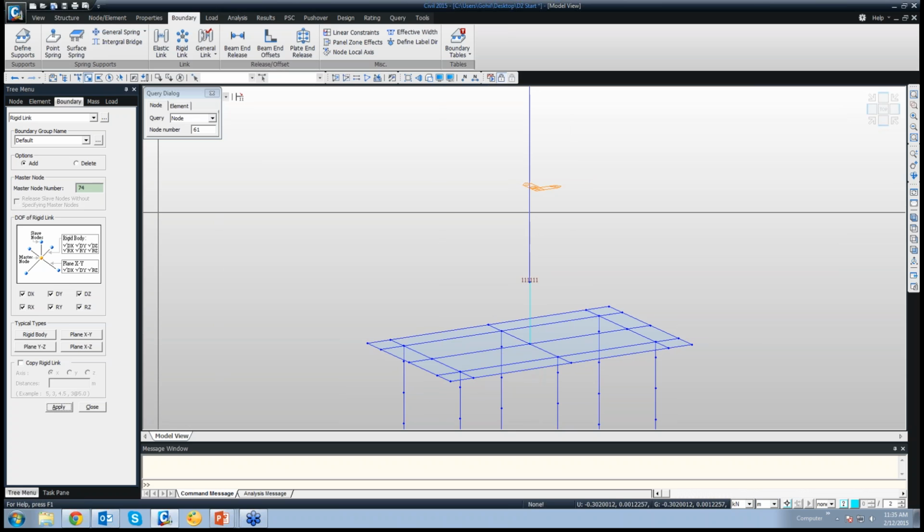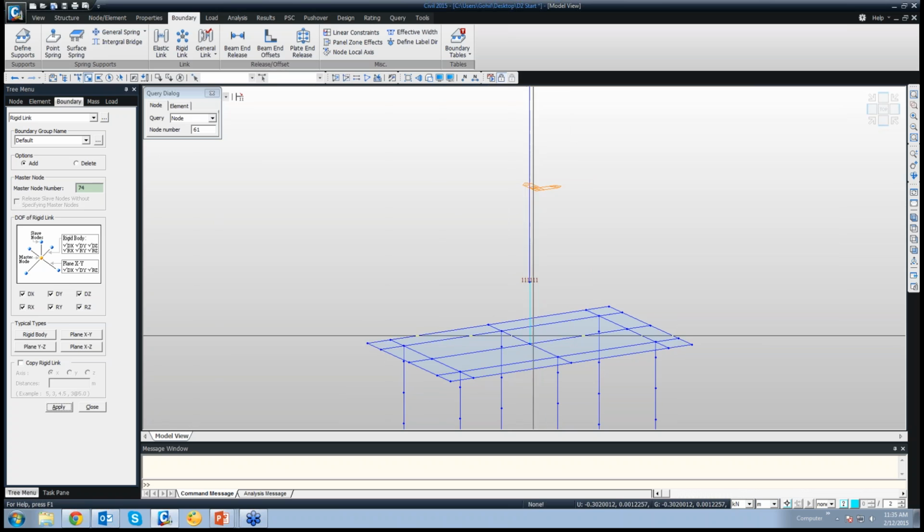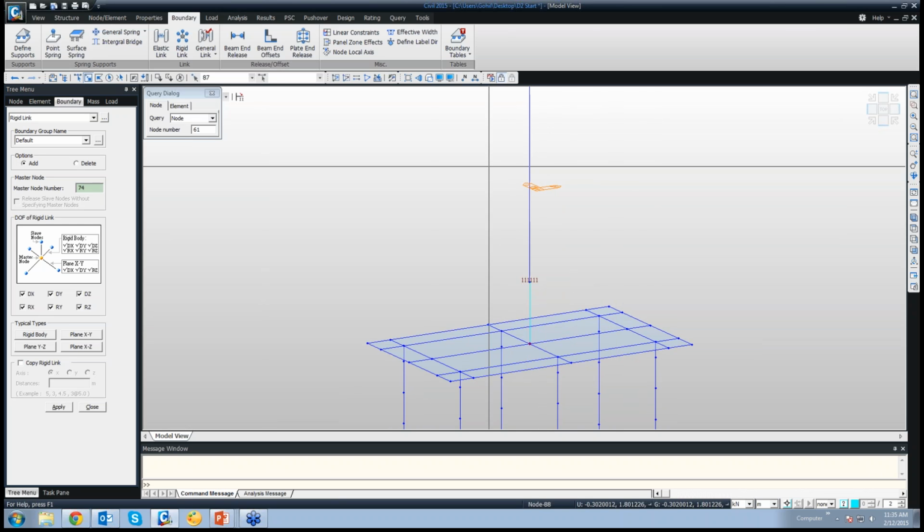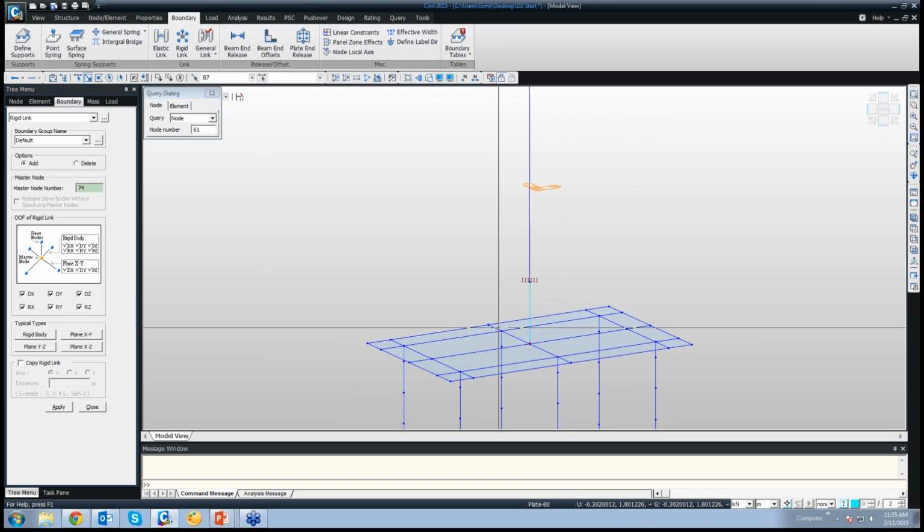To simulate that action in the model, we'll have to connect this pile cap center node to each and every pile node via a rigid link. So each and every pile will act uniformly together. Otherwise, what will happen is the central piles will have more reaction and more load as compared to the edge piles. So to avoid that, we'll again be making rigid links over here. This is the master node, and rigid body action is selected. So now the slave nodes are